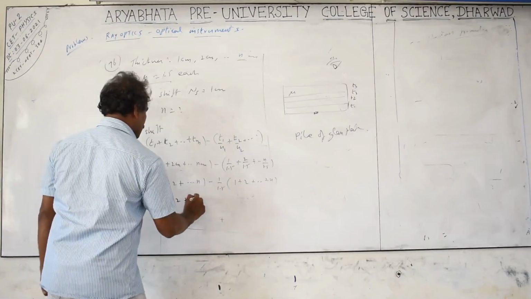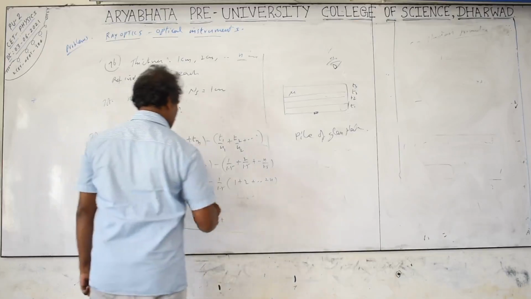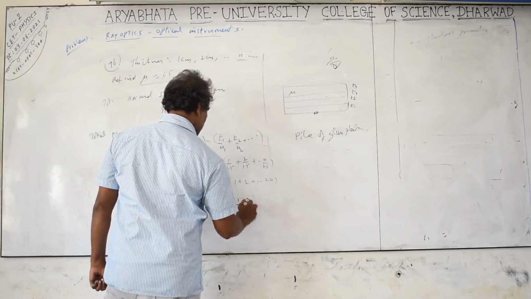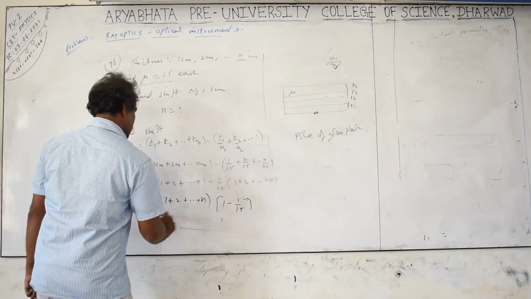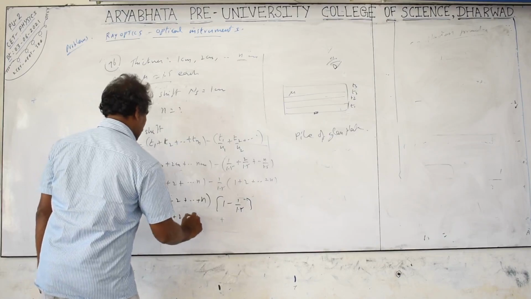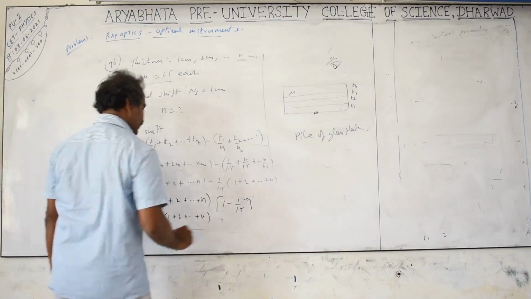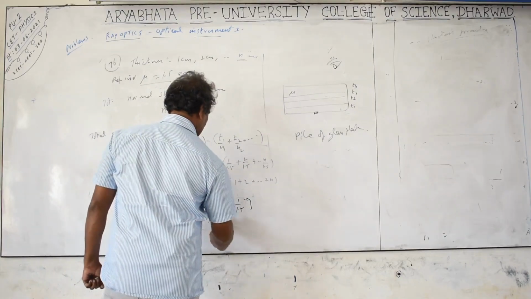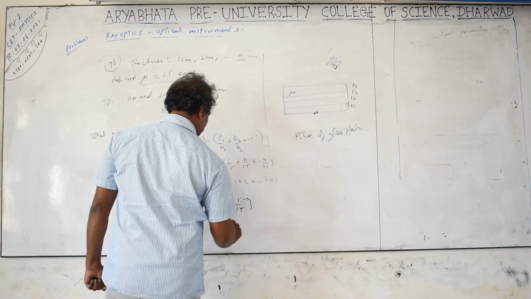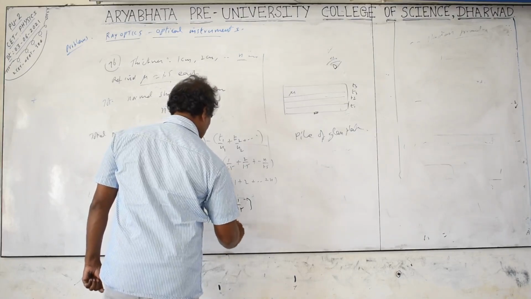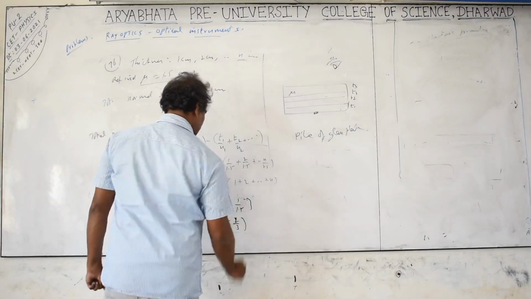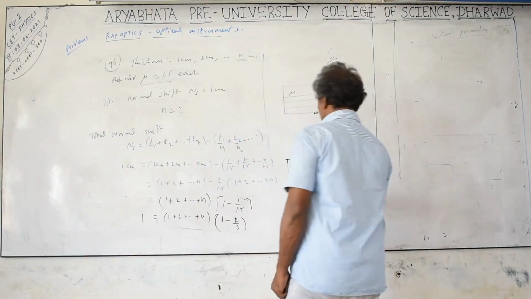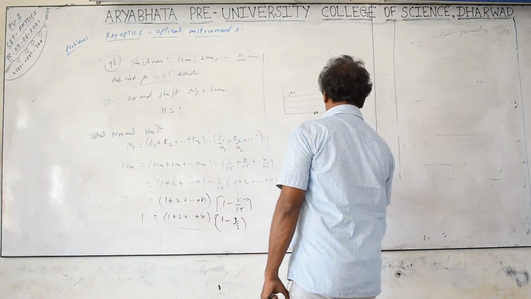One plus 2 plus and so on n, take out common, the result is 1 minus 1 by 1.5. This is 1 plus 2 plus and so on plus n, the left side is 1, this is 1.5 minus 1 is 0.5 by 1.5, or else 1 minus 2 by 3. 2 by 3 means it is going to be 1 by 3. The result 1 is equal to 1 plus 2 plus and so on.